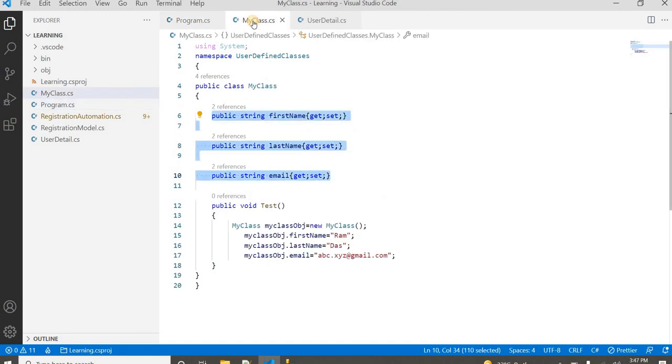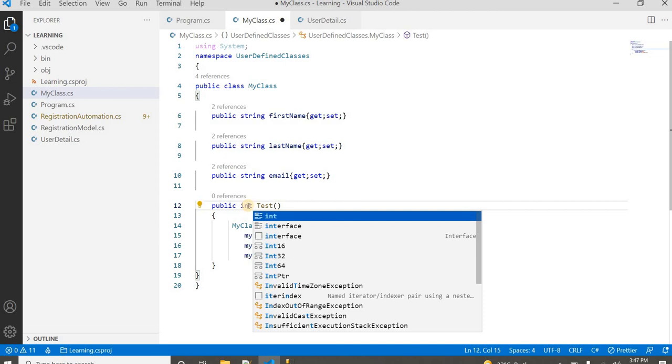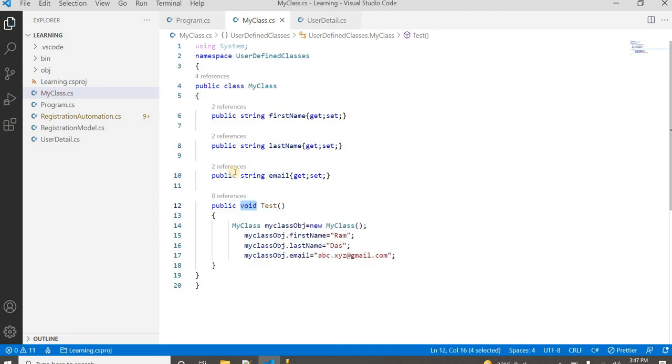So a class is a collection of variables, these are the variables, and methods or functions, these are the functions. If a method does not return anything, then we call it a method. If it's returning something like int, we call it a function. We can just pronounce it function. So a class is a collection of variables and methods, a namespace is a collection of classes, and public, private, internal, protected are the access modifiers. Mostly we will deal with public, private and protected.